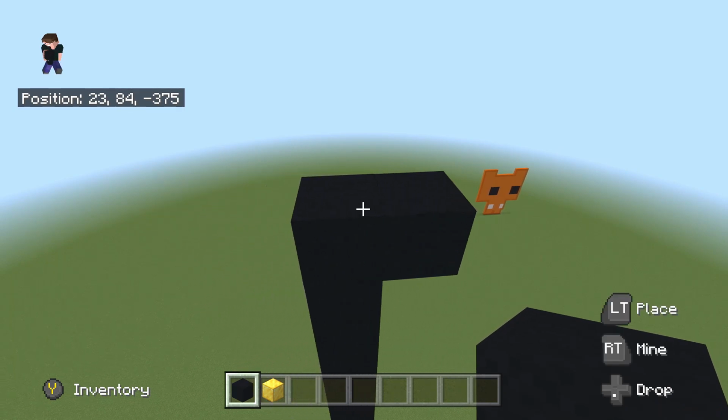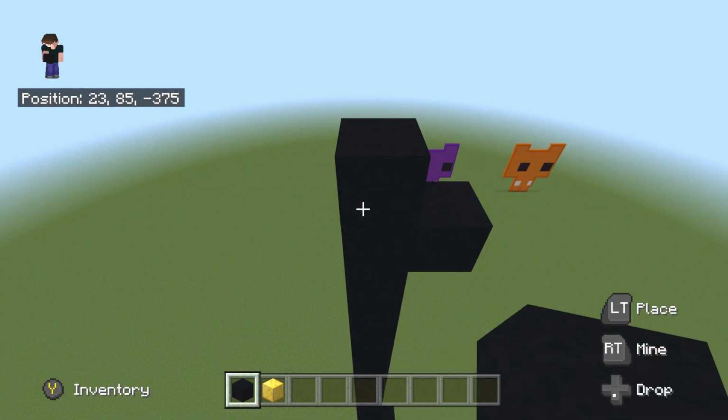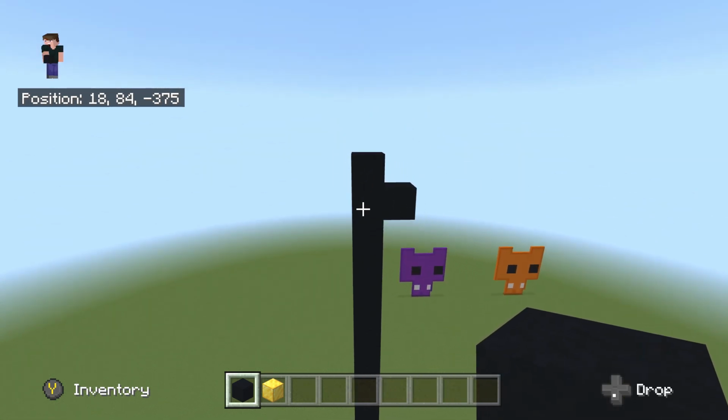And then we're going to fly into the left by 1. So back to this up left corner right here. And we're then going to place 1 on top of here. And there we go. And once you place this 1 on top, we're then going to zoom out and fly